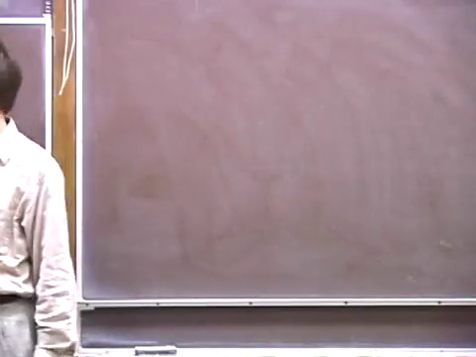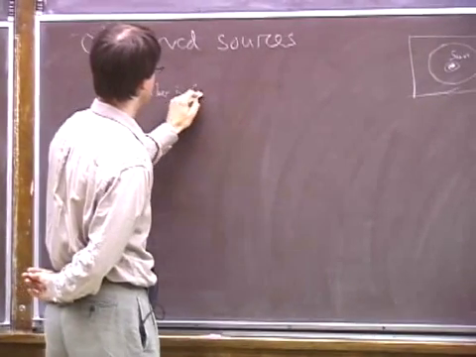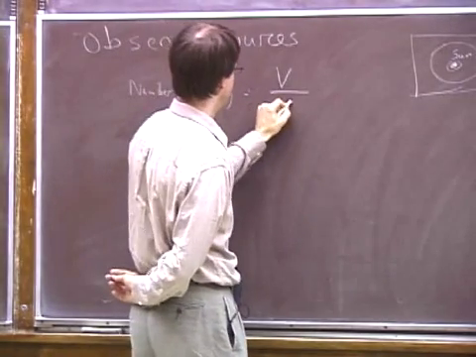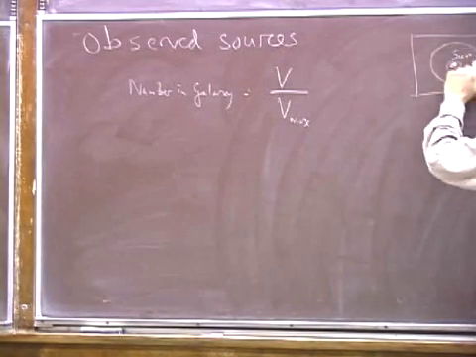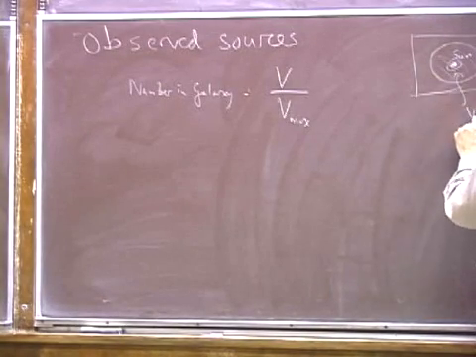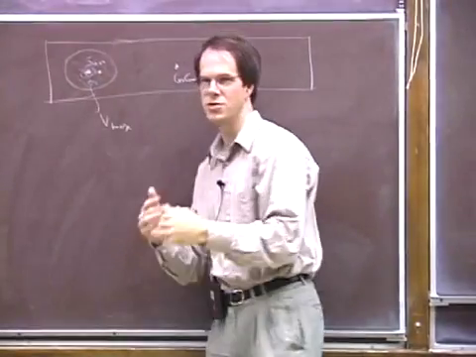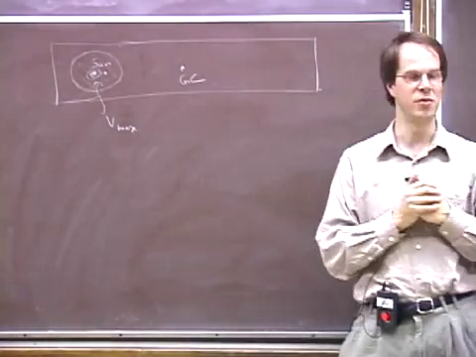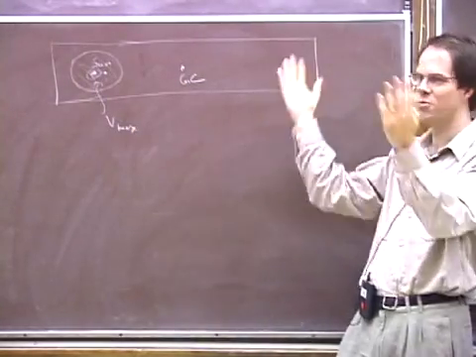Well, the first thing is obvious: for each one that you see, the number in the galaxy is equal to the volume of the galaxy divided by the largest volume in which you could have detected your source. So this will be V max. And the way you play this game is you might do a survey down to some flux limit, and you might discover a source several times brighter than the flux limit, but you could have seen it to a much larger distance, and therefore the correct volume,